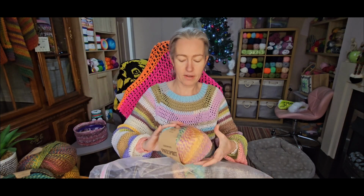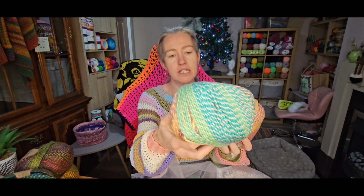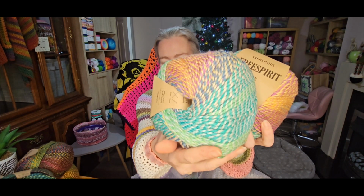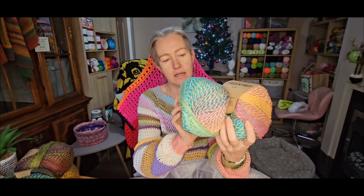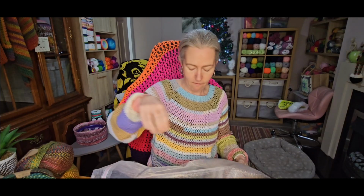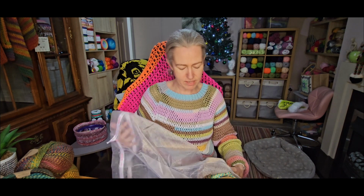Next we have... Ooh. Shade number 1, minty greens, some nice sort of beigey and purpley colours in there. It's probably not coming across very well now because of the light, the ring light, but they're gorgeous too. So 1, 2, 3, 4 of those. So as I said, every scarf is taking me 3 and a bit to make. So we're going to have one of all of these left. So I've got to think of something